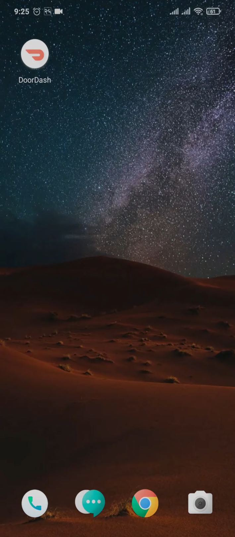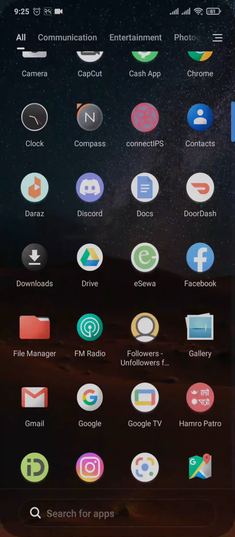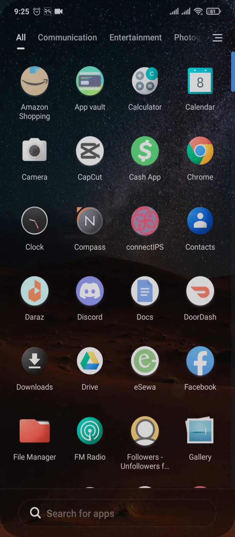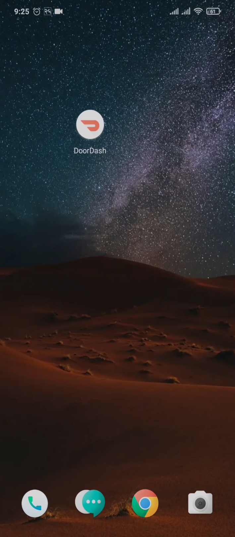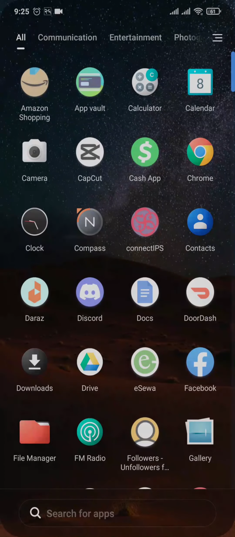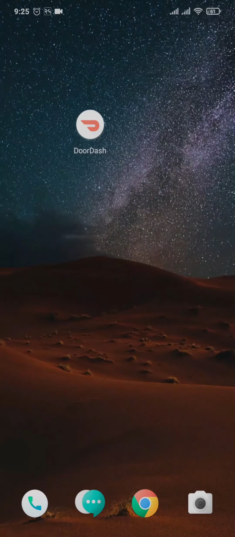Now, if the website is working but the app is not, in the case of the app, what you can do is just uninstall the app from your device, and once the app has been uninstalled, you can again re-download and try logging in. This not only helps you in clearing out glitches, but you will also download the latest version if there are any new updates. So once you do these couple of steps, your problem of login error should be fixed.